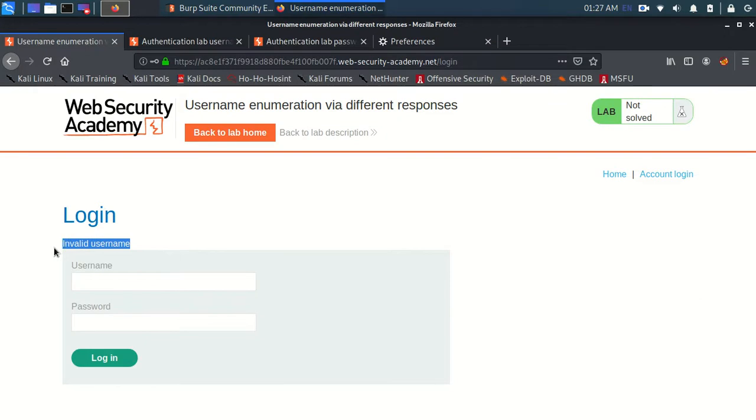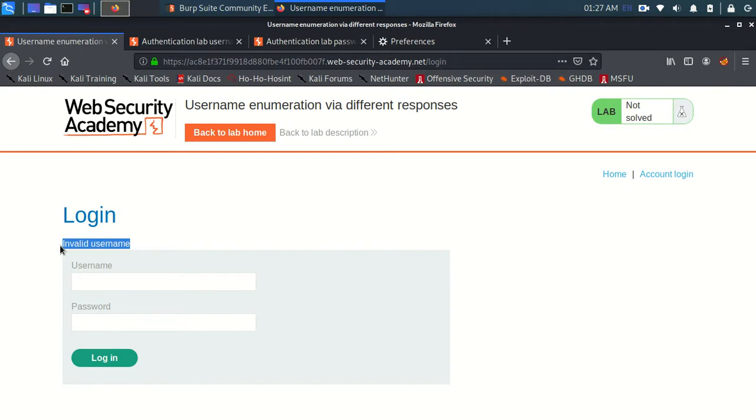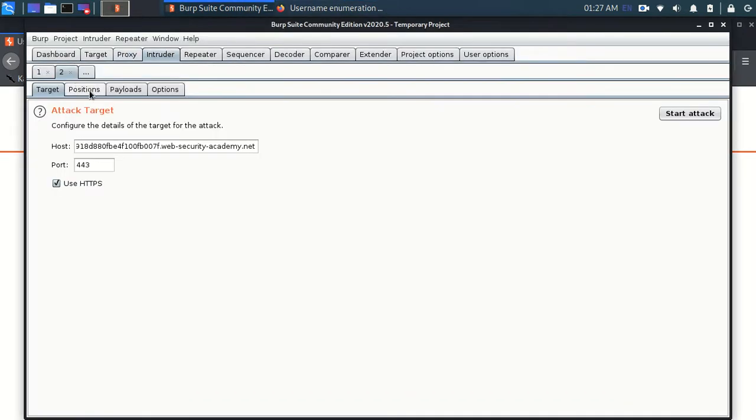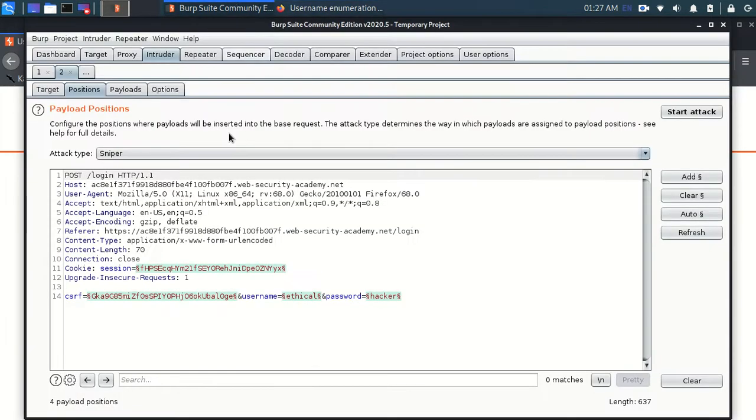So this is the request which I got, which says invalid username. What I just noticed is that it is not checking the password, the only thing it's checking is the username. As you can see, again it shows invalid username. Only if the username is right will it go to the password section to check whether the password is right or not. So I'm going to try and brute force this username, and I'm going to try different usernames to see which one is right.